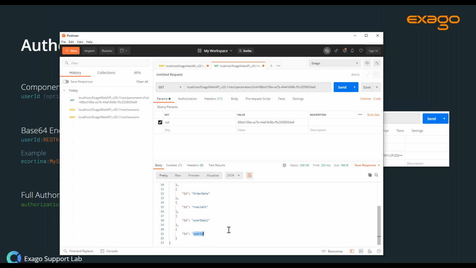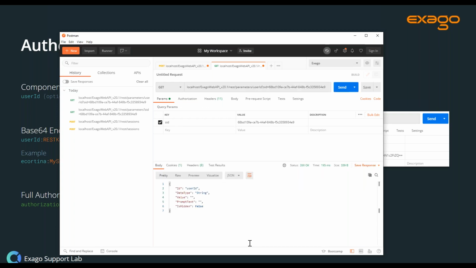The way the parameters endpoint works is it becomes parameter slash parameter ID. So I can just copy paste. It's of course going to be case sensitive, so if you want to just type it, just make sure you match the case. I'll send another get call just to show you guys that we can now see the information about this parameter specifically. So this is everything you'd see in the admin console when you set up the parameter: data type, value, prompt text, etc. I'm going to copy this whole payload